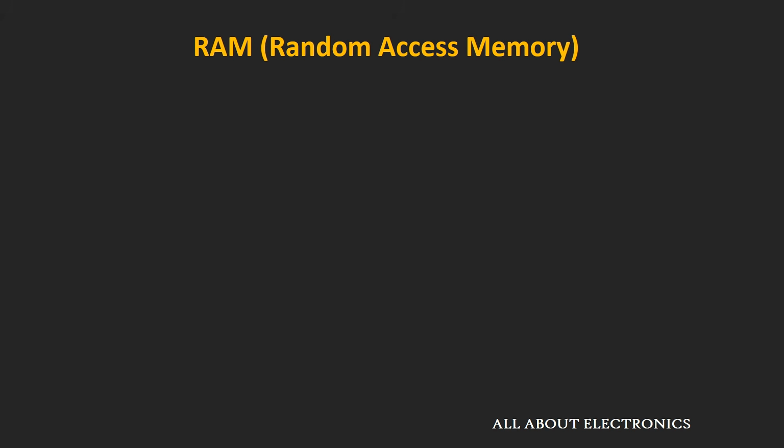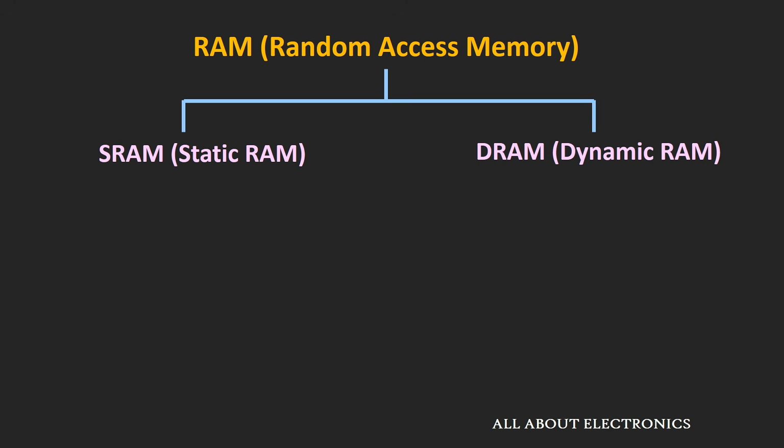In this video, we are going to learn about two of the most common types of random access memories which are quite commonly used inside the computer, that is SRAM and DRAM. SRAM stands for static RAM while DRAM stands for dynamic RAM. The reason it is known as dynamic RAM is that in this memory, we need to perform periodic refresh cycles. We will learn more about it when we see the internal structure of SRAM and DRAM later in the video.